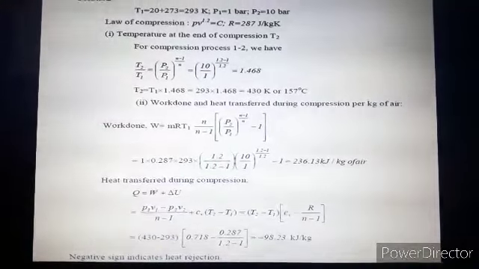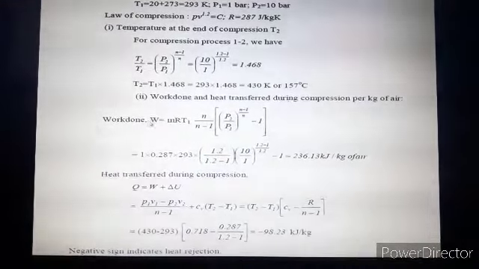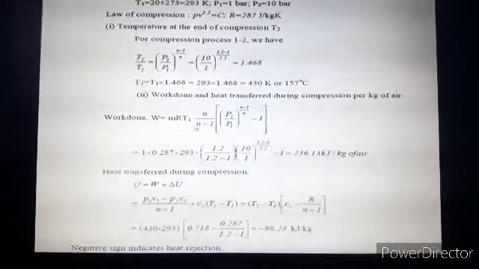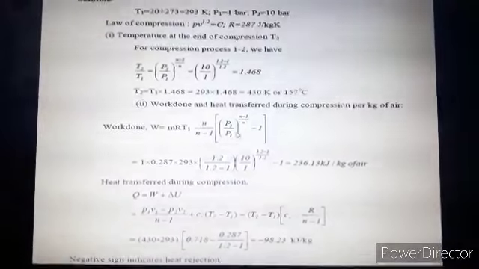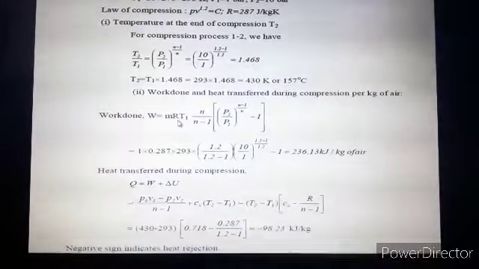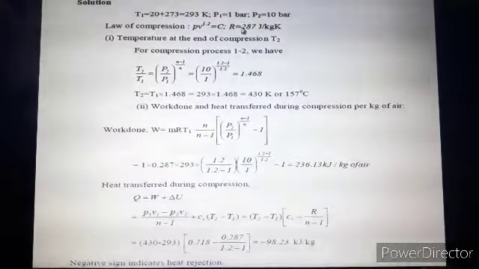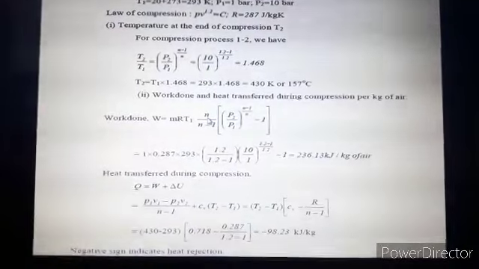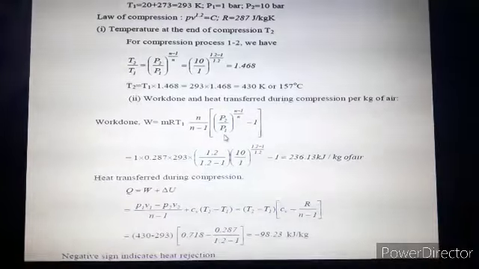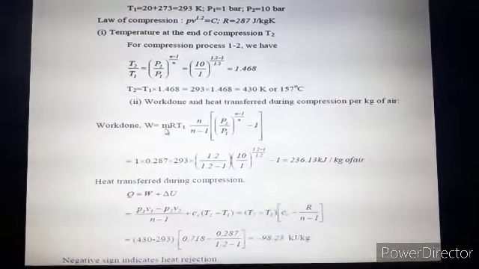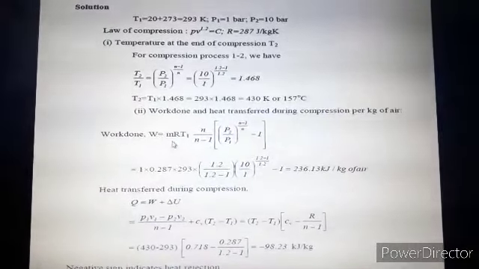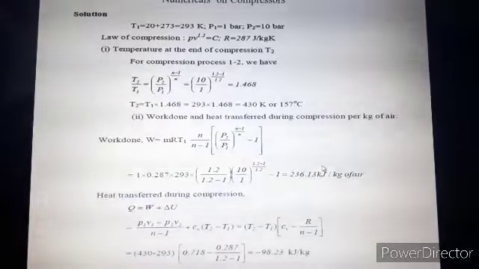Now in order to find the work or power required for the compressor, we know the expression for work or power required for compressor, that is n upon n minus 1 into mRT1 into [(P2 by P1) raised to (n minus 1) by n, minus 1]. Now capital R is with us. Again T1 temperature is 293, small n, that is polytropic index, is 1.2, pressure P2 is known to us, pressure P1 is also known to us. Now here we can initially find this parameter for unit mass of the air, and after that we will find it for total mass of the air.